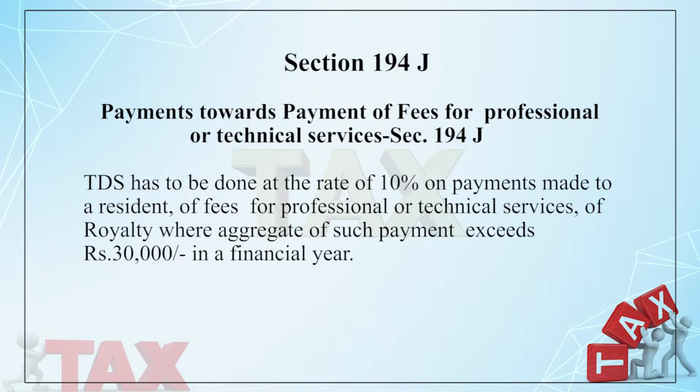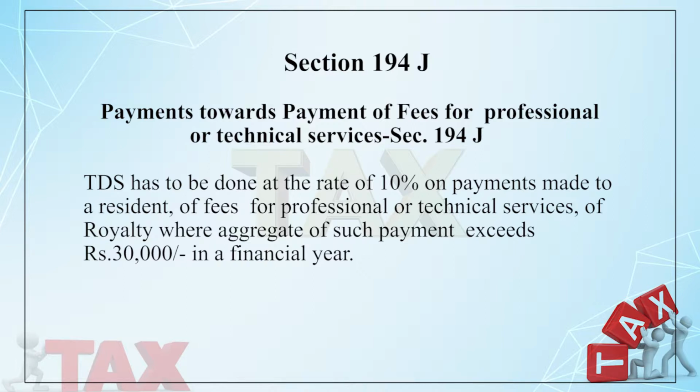What does this section say? It says that whenever a payment is made, or is going to be made, to a technically qualified person engaged to provide technical or professional services,